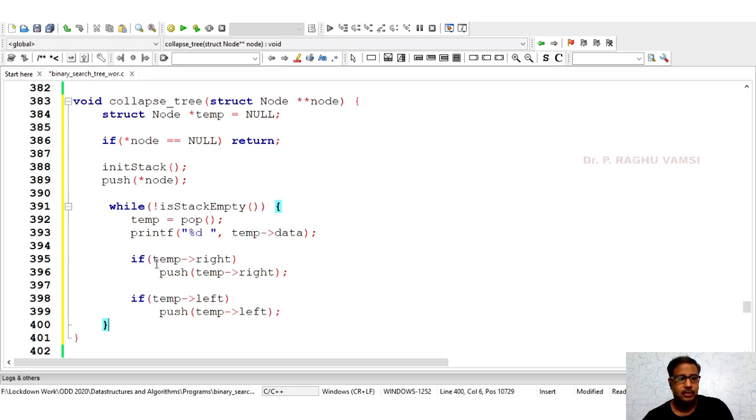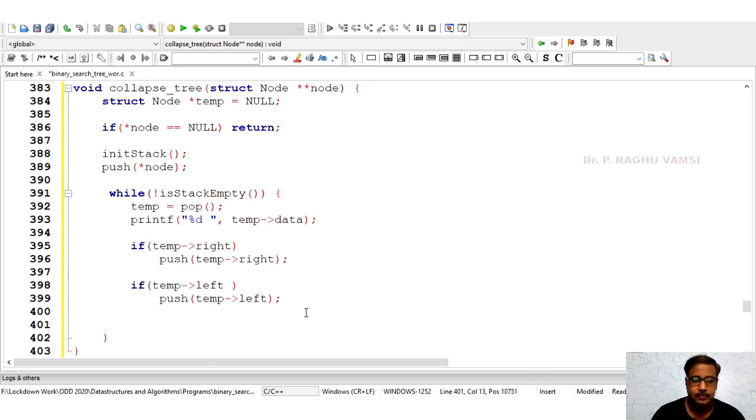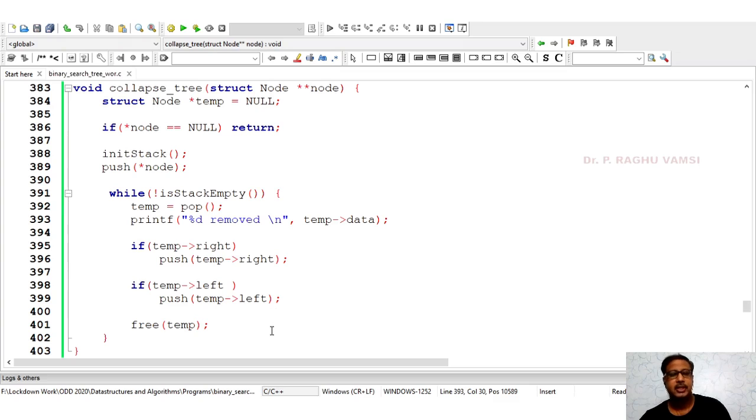If temp right is not equal to null, then push temp right, and if temp left is not equal to null, push temp left. Then free of temp. When free of temp is called, the temp data is removed.